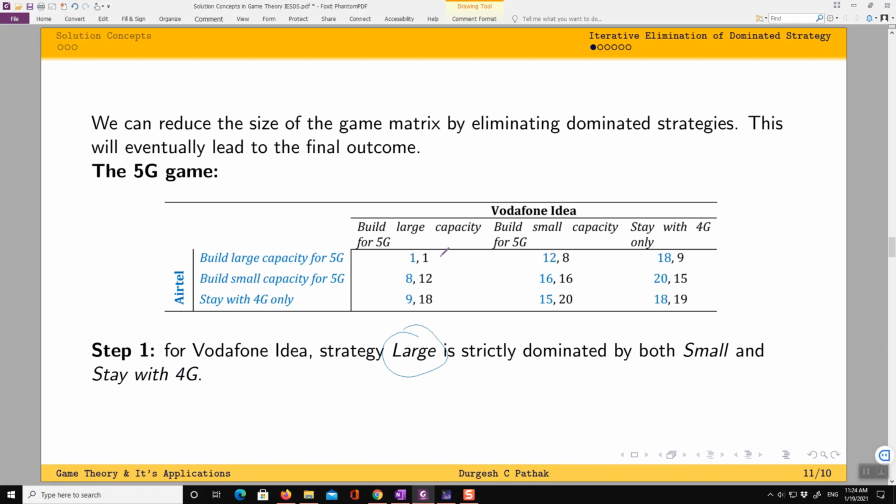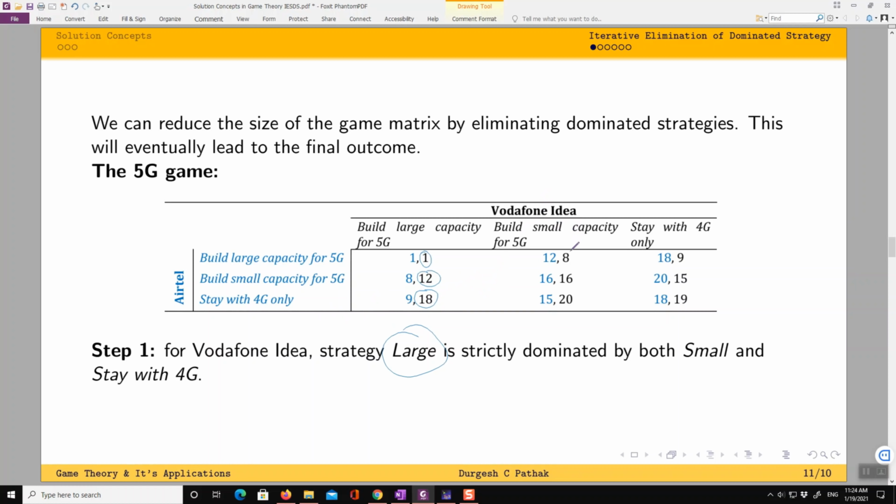Let's verify this claim. By playing large capacity, Vodafone Idea gets 1 if player 1 is also playing large, 12 if player 1 is playing small, and 18 if player 1 is staying with 4G only.